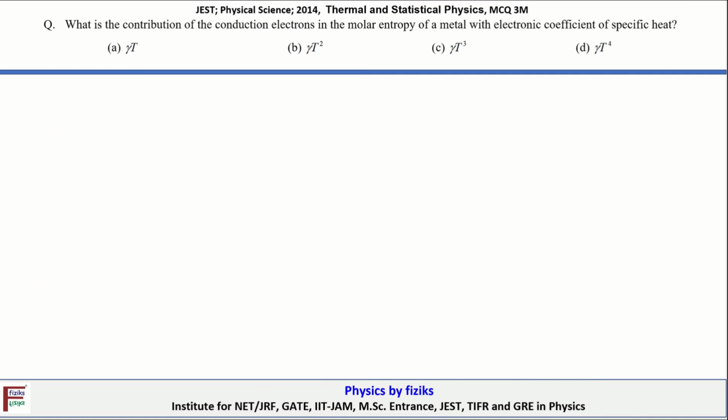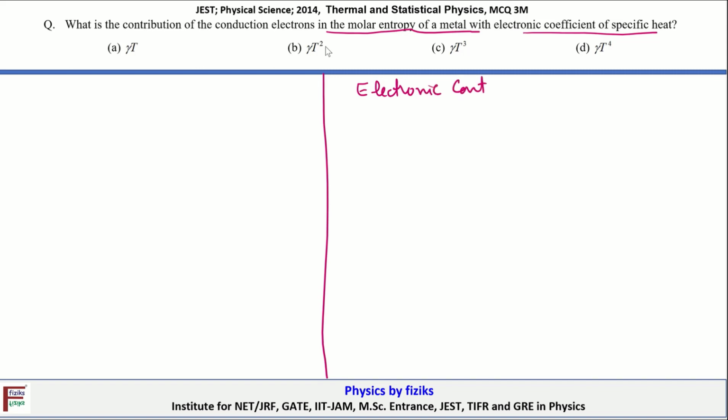Let's take a look at the next problem. The question is, what is the contribution of conduction electrons in the molar entropy of a metal with electronic coefficient of specific heat? So we have to find the contribution of the conduction electrons to the molar entropy of the metal. We know that from the Fermi theory of an electron gas, the electronic contribution to specific heat